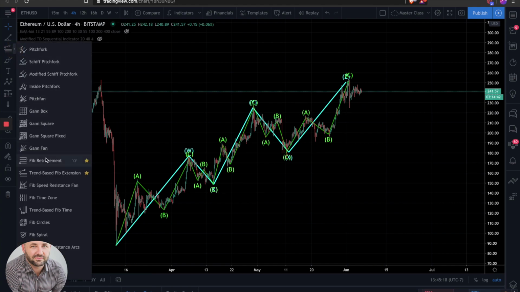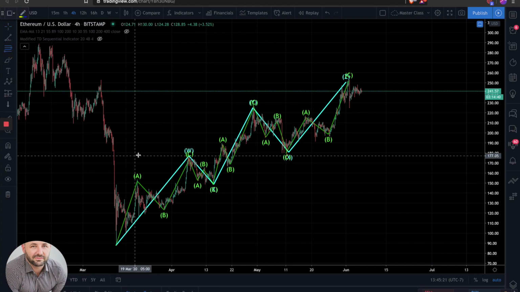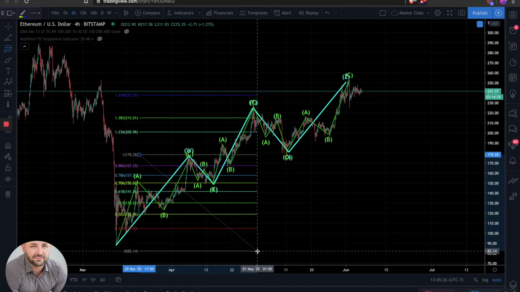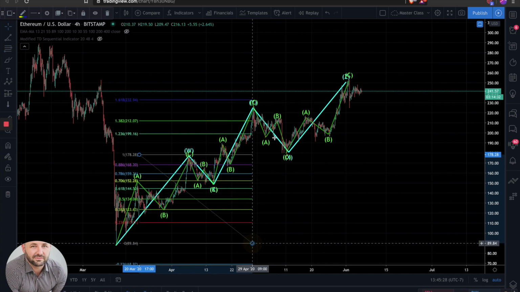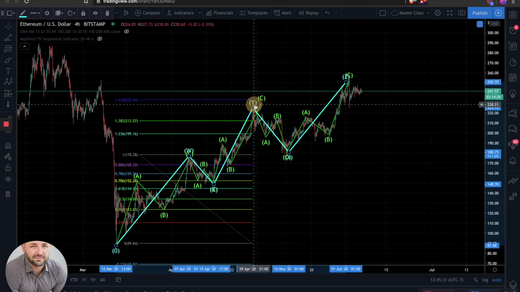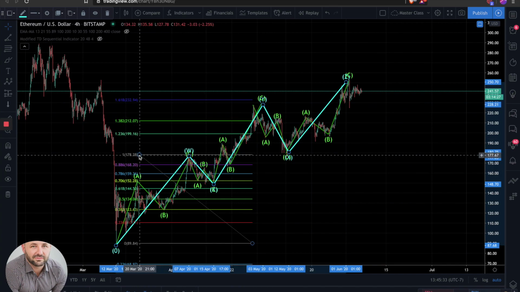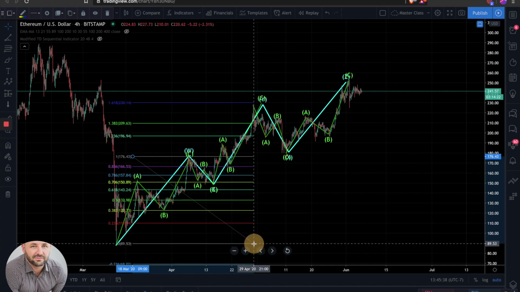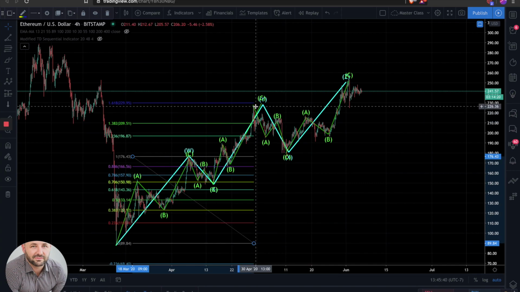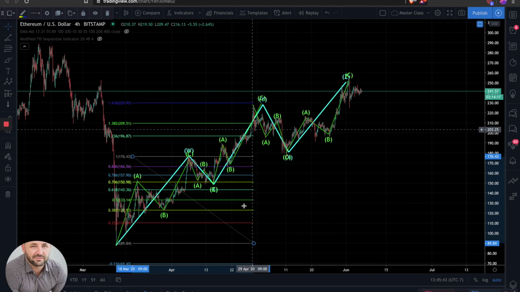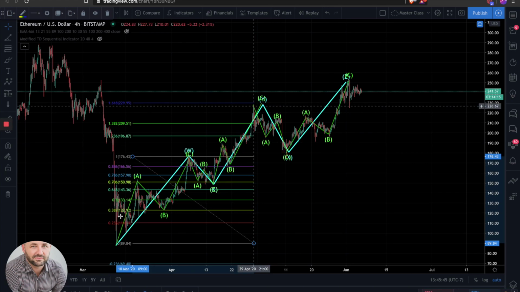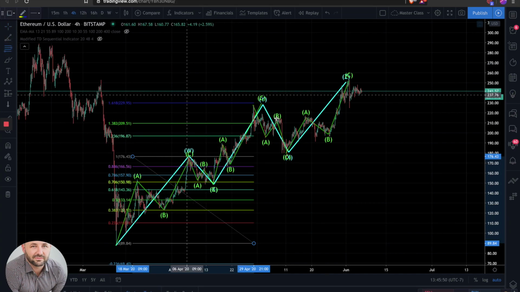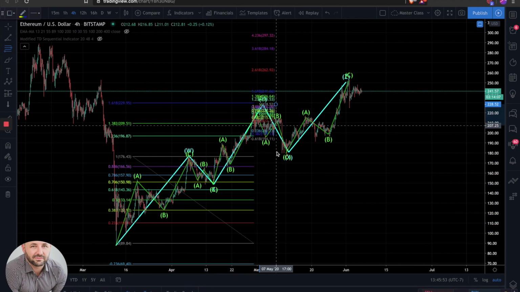But if you take your fib retracement and do the whole move, we'll move these to the side a little bit, snug it up. You can see we came up and we tagged the 1.618. So we have the 1-to-1 right here, right? 1.618. And then when we do the same thing for this guy,